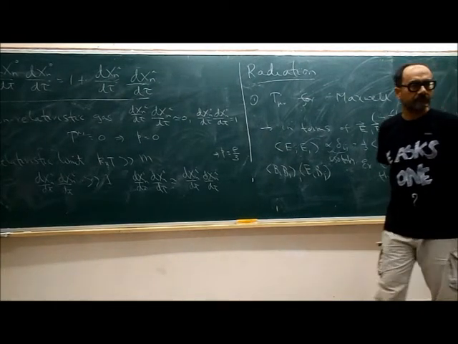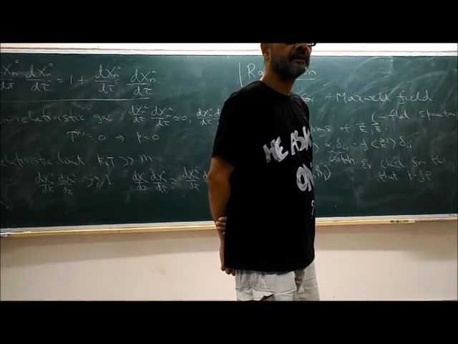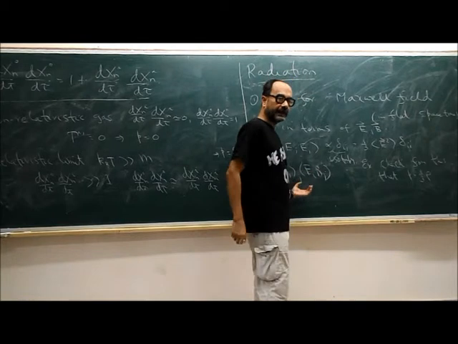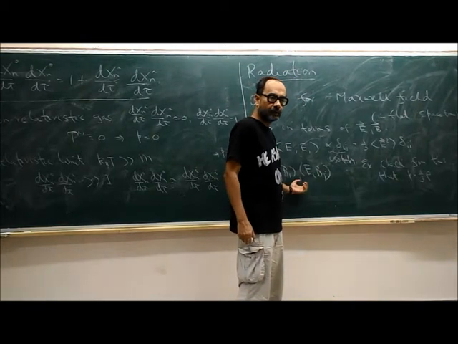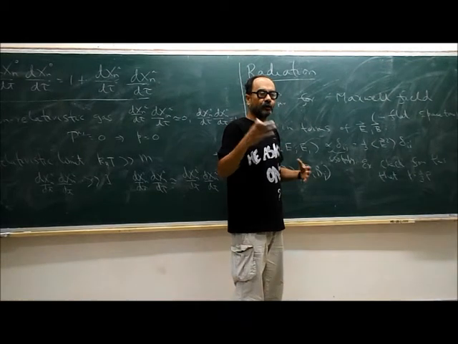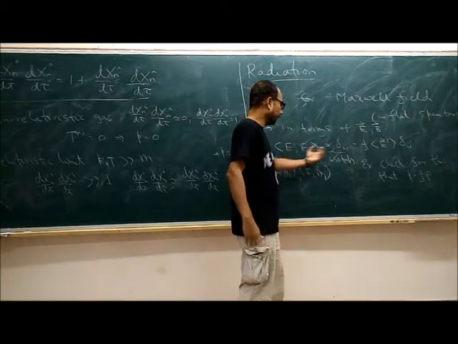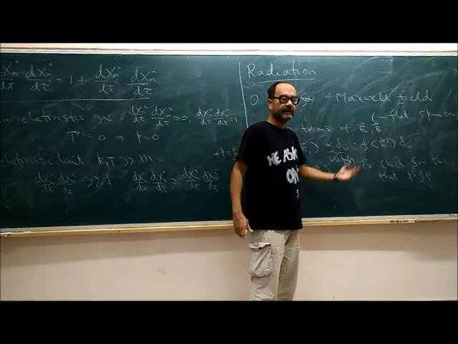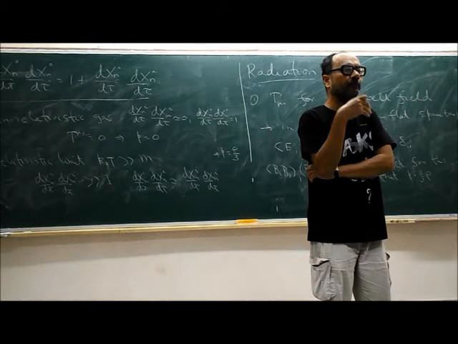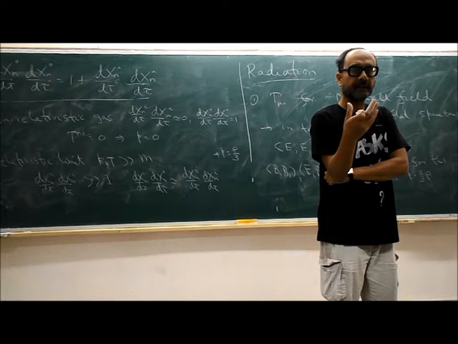Sir, what is the expression for averaging over time? Yes, you can do an average over one period, for example. To calculate these, it is useful to have an average over one period. But you are also doing averages over electromagnetic waves moving in different directions. These are fields at a point, but it's the superposition of electromagnetic waves moving in all different directions with arbitrary phases. We are assuming ergodicity.